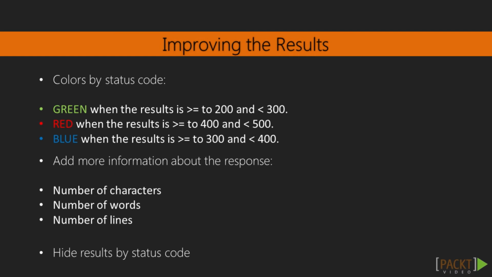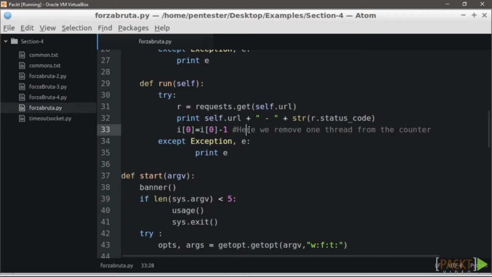Finally, we'll add the option to filter or hide results based on the status code. This will be useful to remove the non-found responses. That usually should be 404, but many times developers customize their apps or servers to return 200, 301, or 302. Let's go back to our editor and open the file